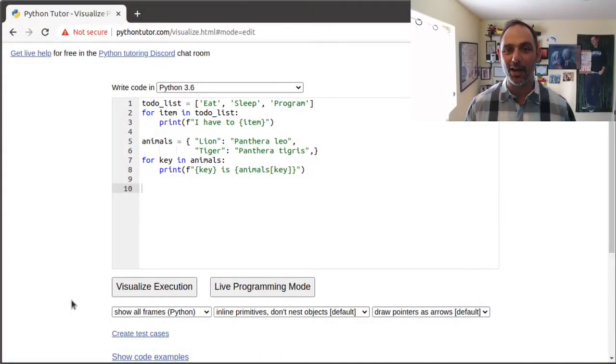Okay, so here we have two for loops. One for the to-do list that we did in a previous section and one for the animals dictionary that we did in a previous section. And the key observation about the for loop is that execution is going to loop back around. We're going to run the code in the body of the loops repeatedly depending on how many elements are